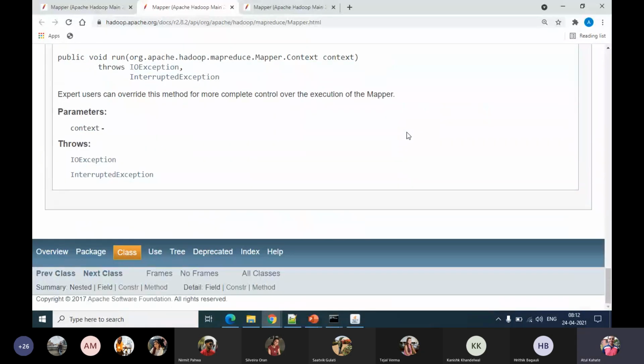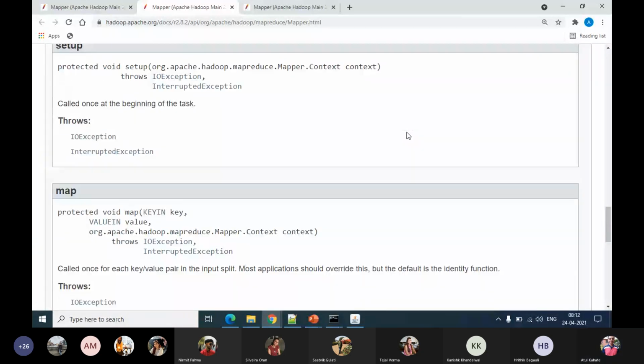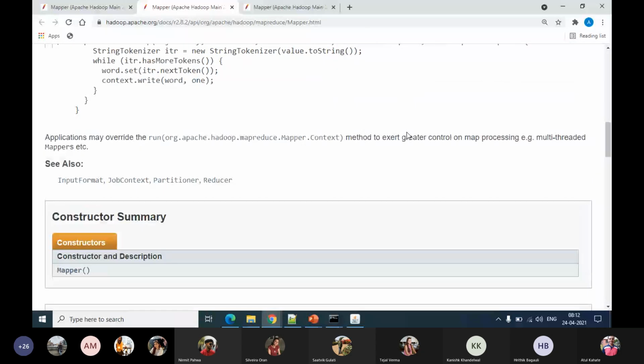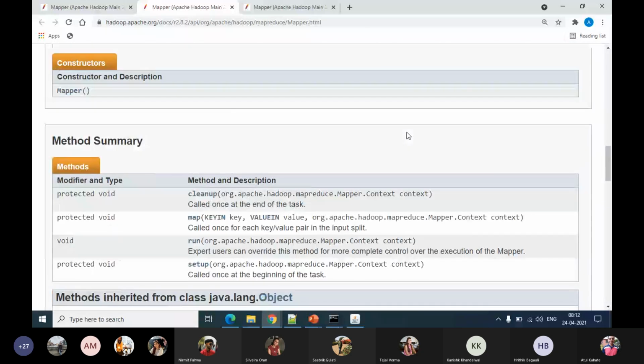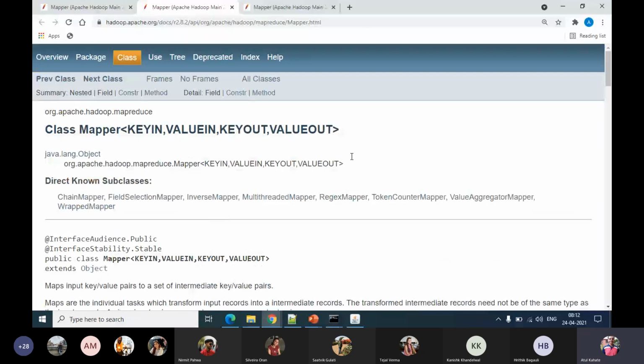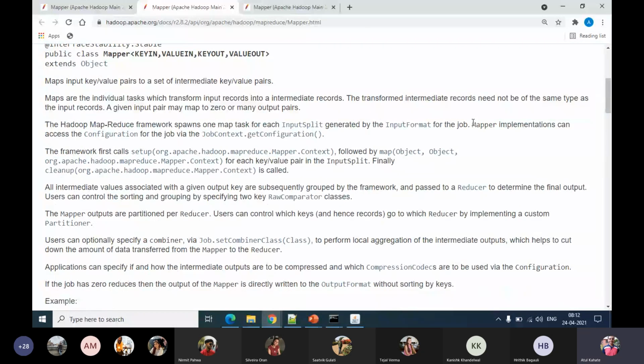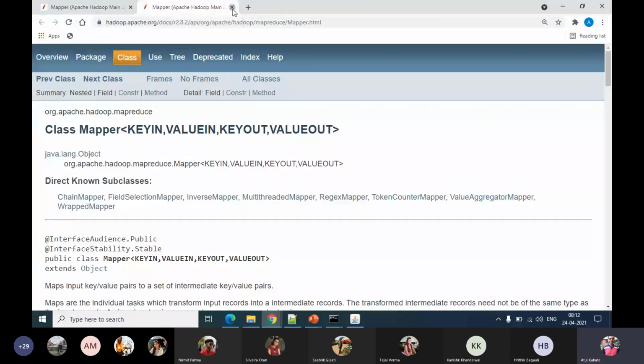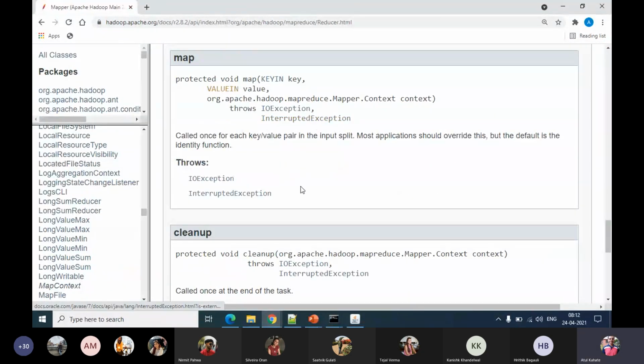Maybe we could have opened the detailed definition of it, but anyway, I hope we have a brief idea of what this mapping function is all about.